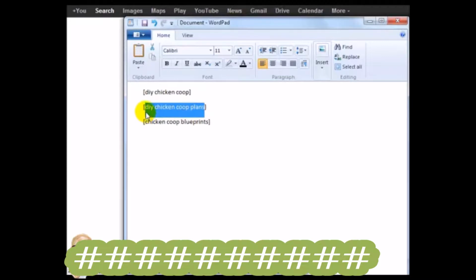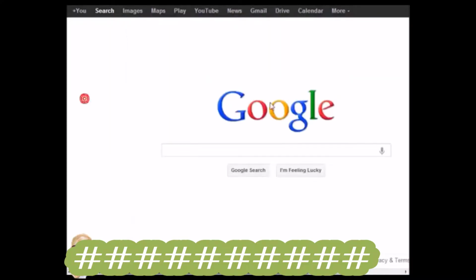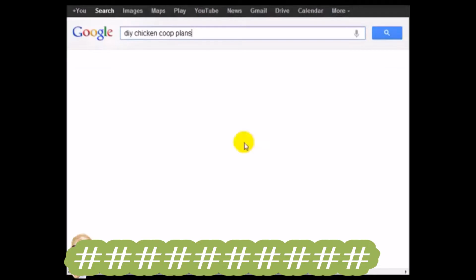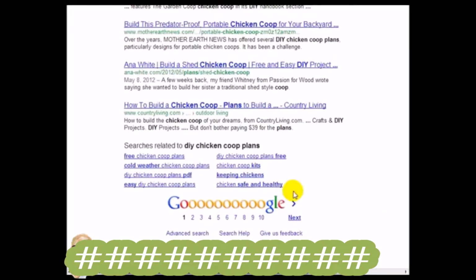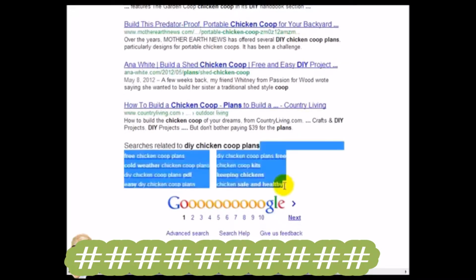In this case, we have DIY chicken coop plans. We can highlight this, copy it, go to google.com. Simply enter that specific keyword, and if you scroll all the way down to the bottom, you're going to see searches related to this keyword, and you can simply copy this